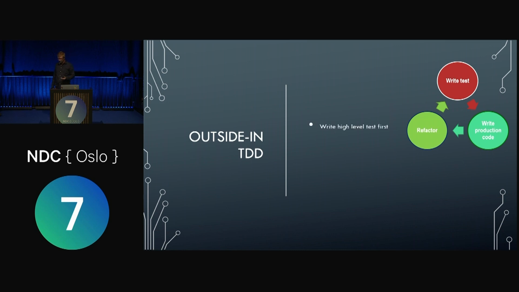So with the outside-in approach to this, we want to write the high-level ones first. And I find that the really effective way to do this with microservices is to do it exactly at that service level. It's difficult to start at the system level, but if we do it at the service level, that's doable, and we can get some tests working. We can drive until that hurts. And again, there's gray area here. What exactly does that mean? It's one of those things. It takes some experience, and we kind of know it when we get there.